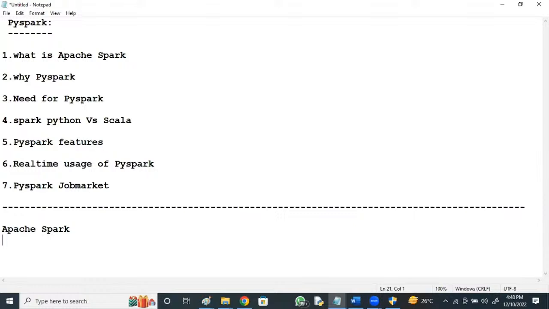An open source distributed parallel processed cluster computing framework which was introduced by Apache Software Foundation. So I can say that is Apache Spark.